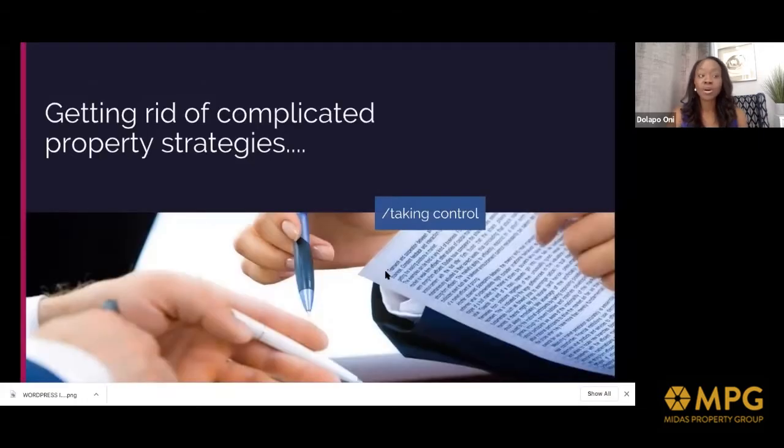And the whole point of breaking it down into the SI.M.P.LE model is to get rid of complicated property strategies. There are easier ways to make money in property. Yes, there are all these different strategies, but there are ways to distill it in a way that you can understand it and apply it. That's the whole point of this seminar and the course that we offer. It's really breaking it down into simple steps that you can take,